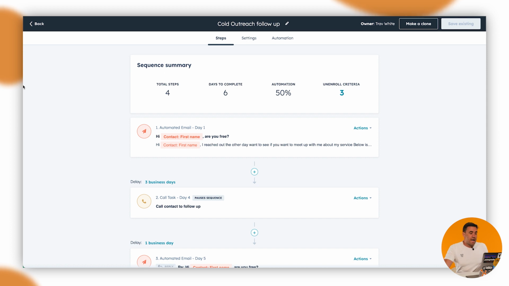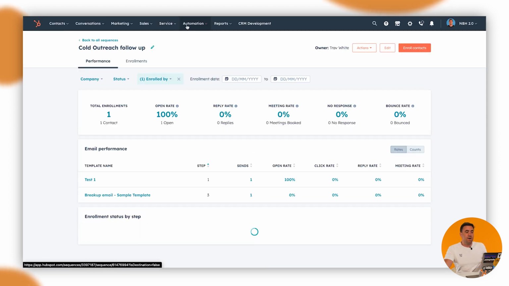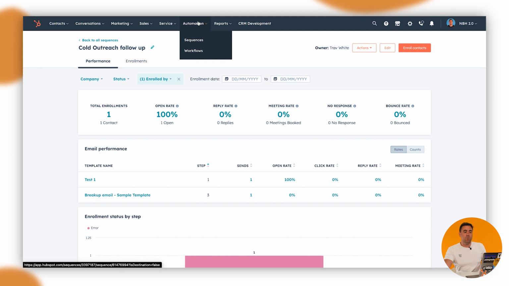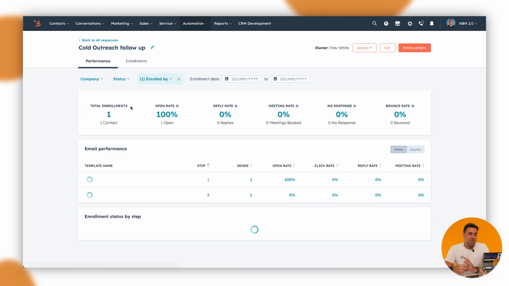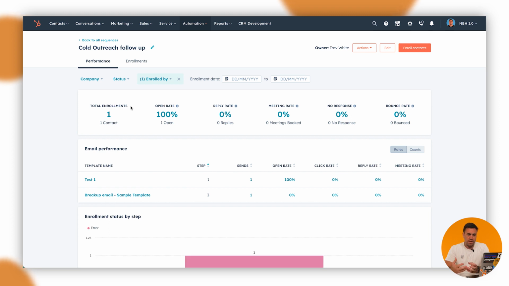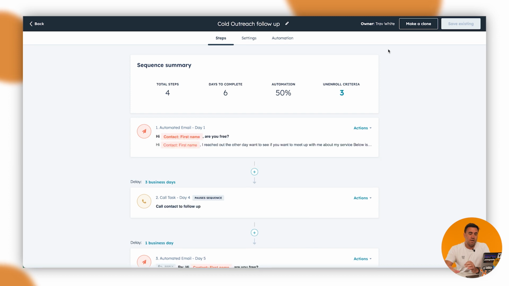So here we are in the sequences area. For those that don't really know how to get there, in Automation, just go to Sequences, and in Sequences will be where you can basically manage all of these. Now this one here we're just using as an example in our test account. I think this one has just been set up from a template that we've got there. If we go across to the edit area, whether you're setting this up for the first time and then you can go and make these edits, but this is a pre-existing one that we can show you where the edit features are.